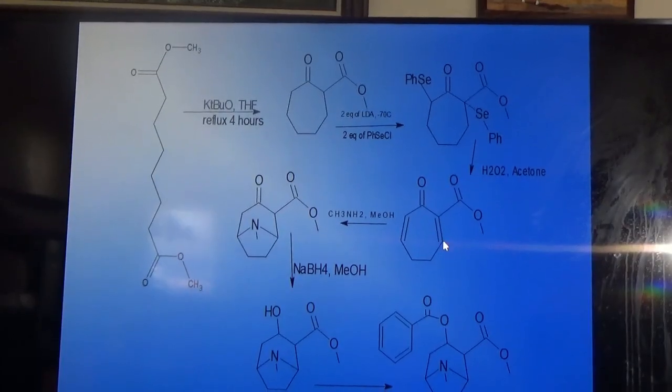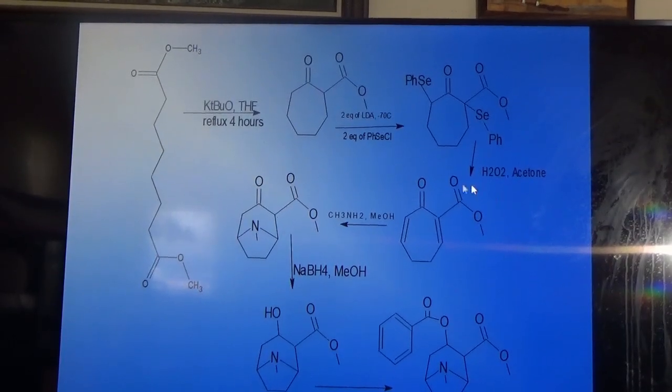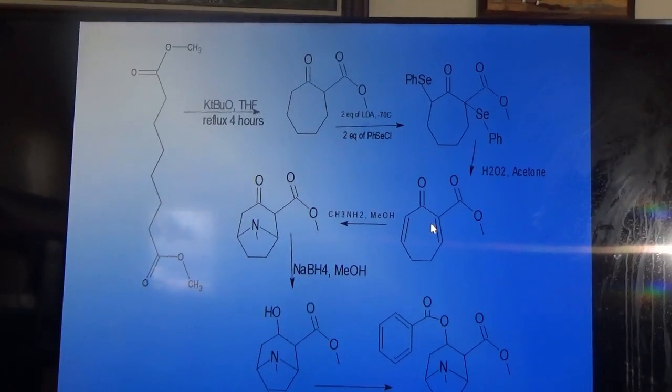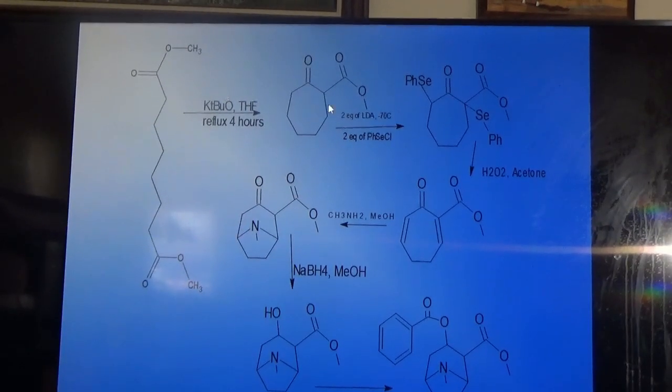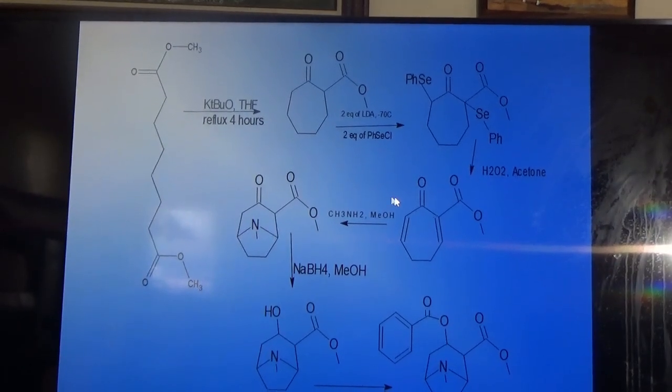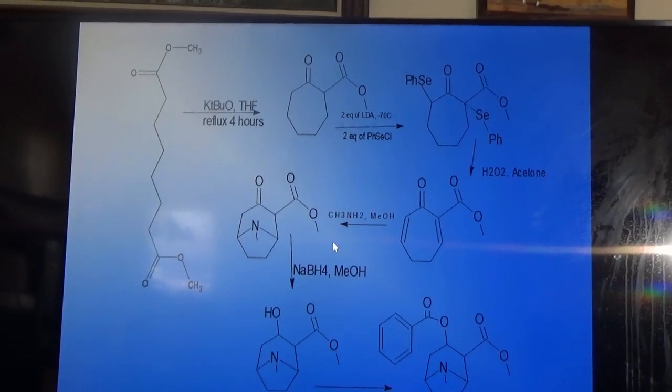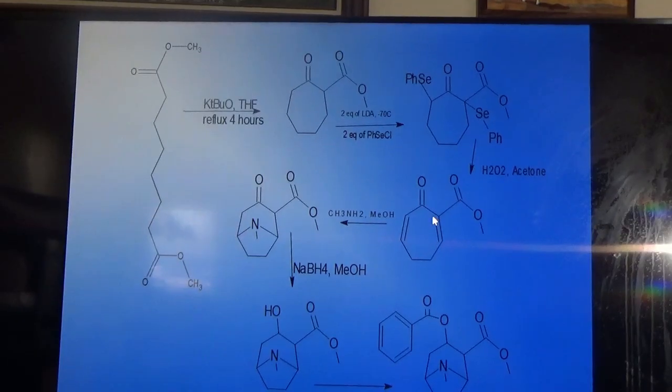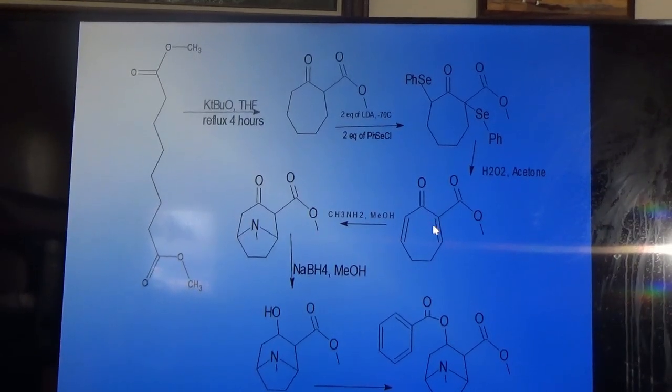And look what happened, you have the desired cocaine precursor. Whereas Bottini and Robinson made the tropinone without the ester, we can make it all in one pot, starting from this diester, ketoester. So from the ketoester, you have this desired cycloheptadienone in 2 steps. And then all you have to do is what Bottini did on the cycloheptadienone without the ester: the methylamine adds very fast because it's activated by the ketone and by the ester. So here you have a double activation.